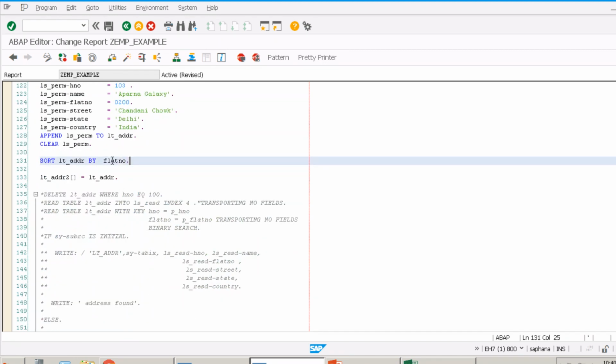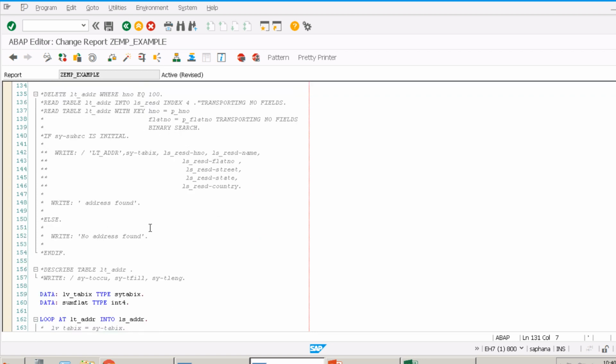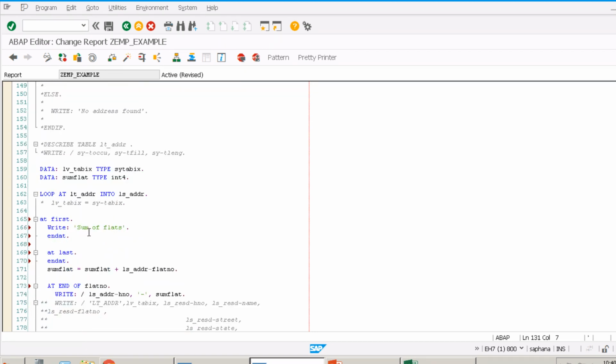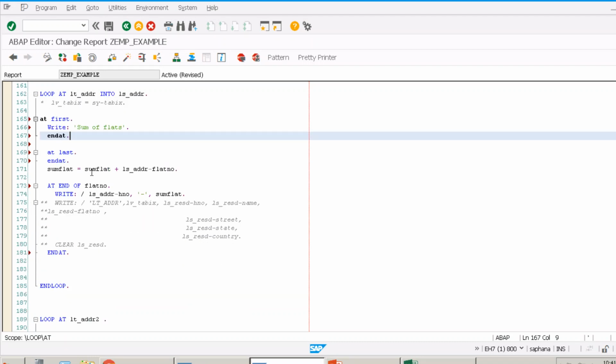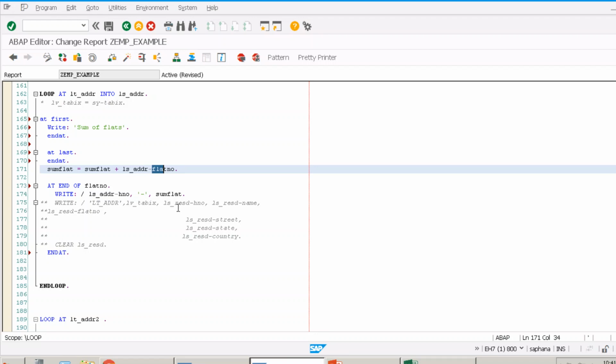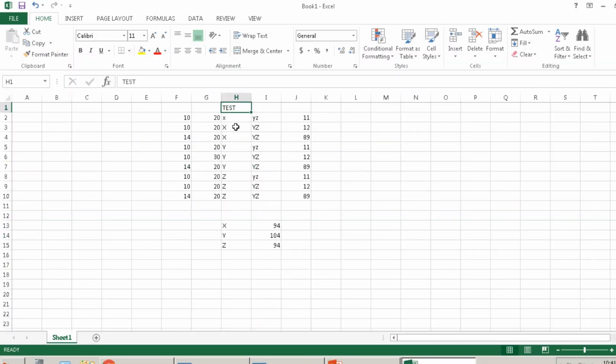So what I will do, I am sorting it based on the flat number, okay, and then I will loop at this LTDR, at end, I will sum up the house number. Let's say I want to sum up the house number. So I will categorize based on the flat number. Whenever the flat number is ending, the changing of the flat number ends, I want to print the sum of all the house numbers. Similarly, when the category ends, type of work ends, I want to print all the sum of these